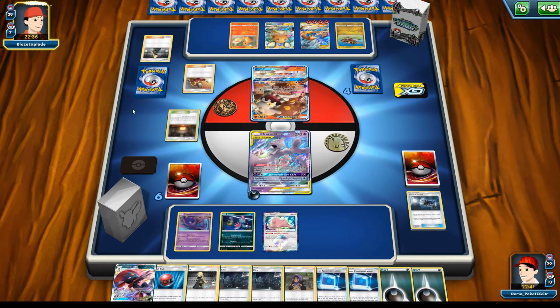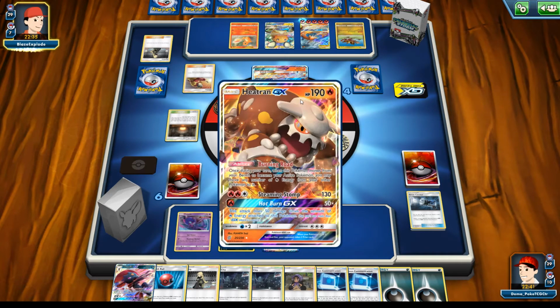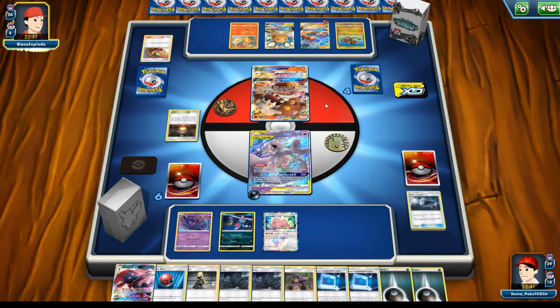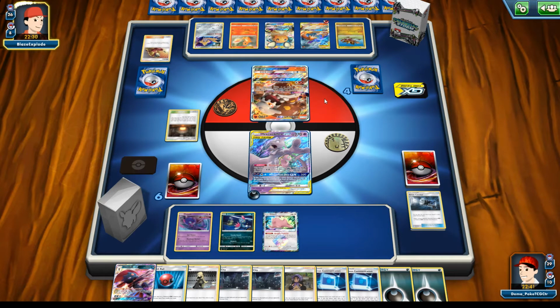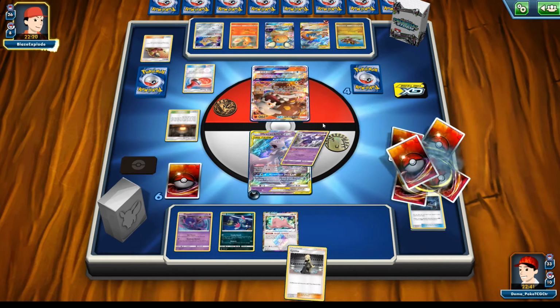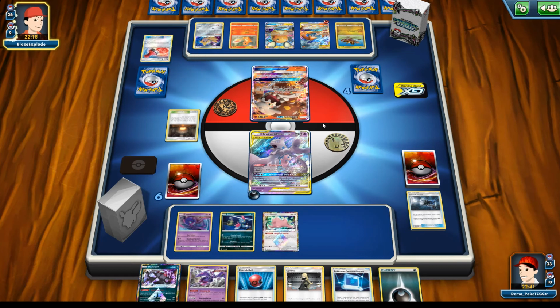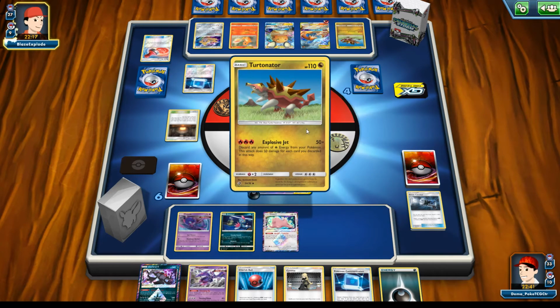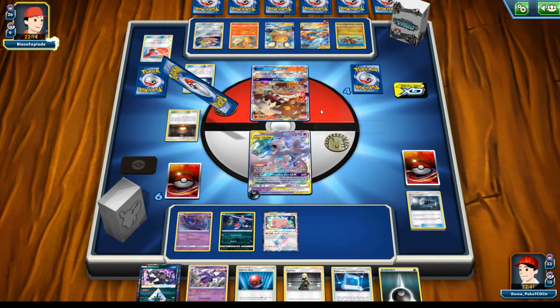And another Welder, okay. 2 more energies for the Reshizard. This Reshizard is gonna be an unstoppable force, I should say that. I'm trying to find a way to... Oh, there's a Reset Stamp, okay. I'm trying to find a way to get another Great Catcher and an opportunity to Great Catch that Reshizard on the bench and knock him out, but I'm just hoping that my opponent won't be able to